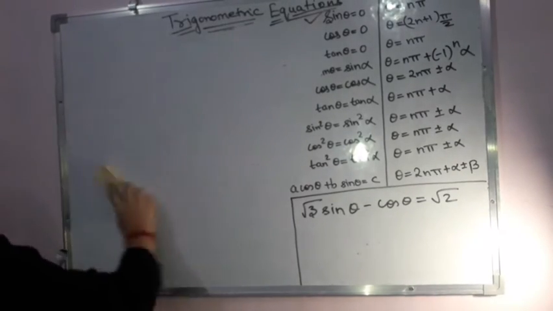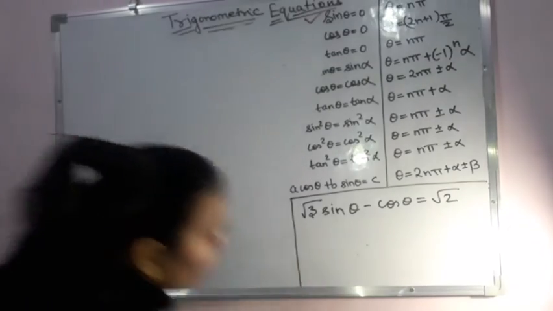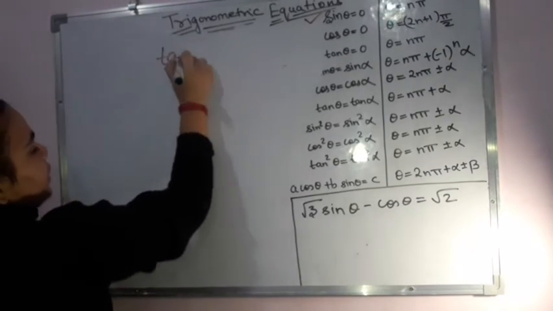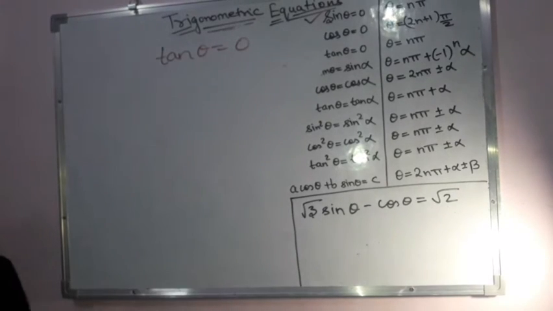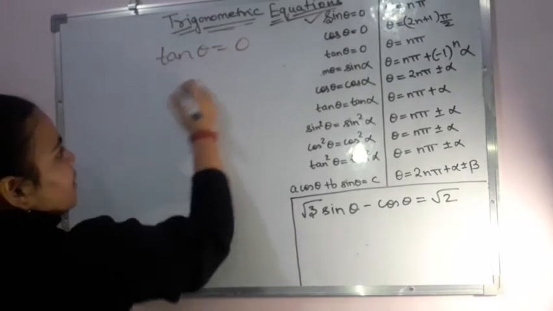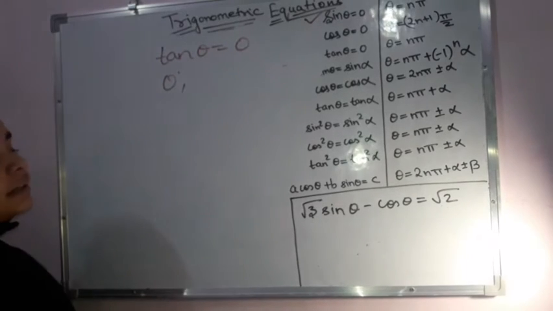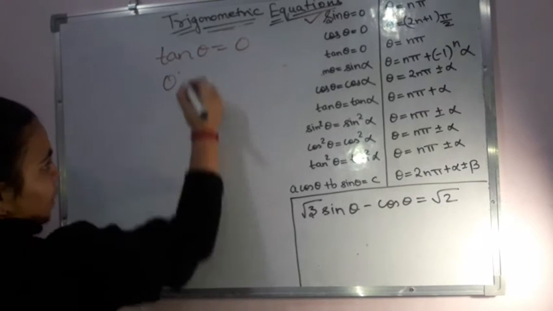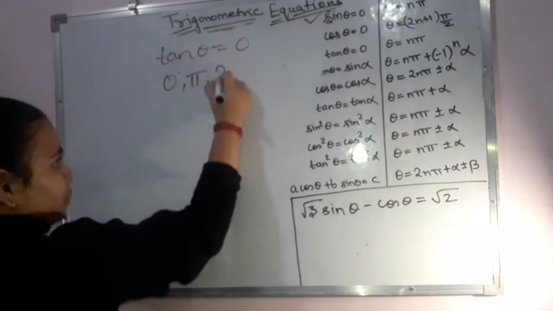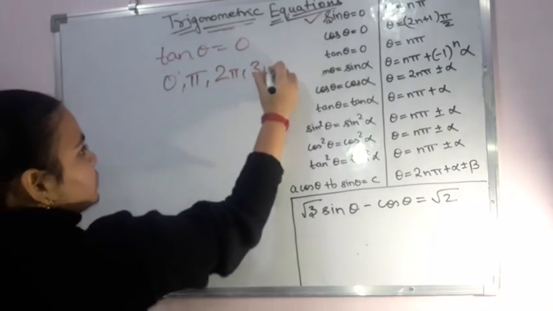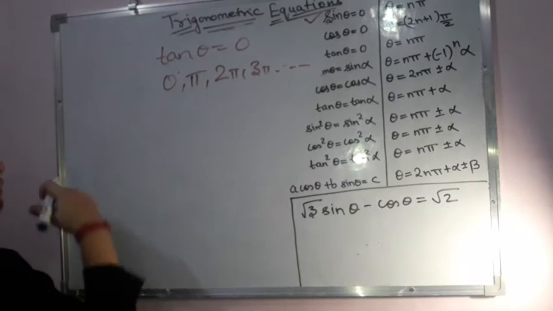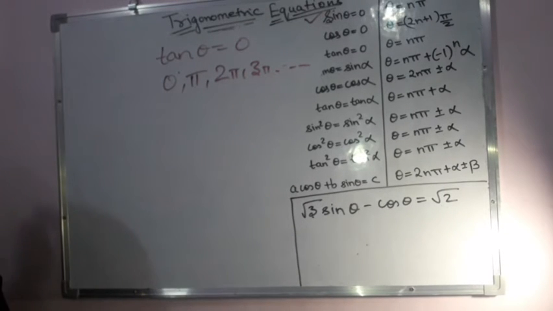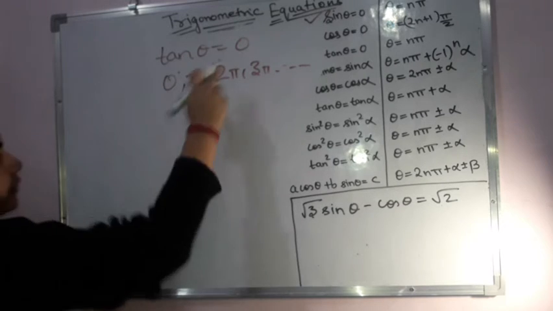Basically tan theta is equal to 0 degree. Now what to do when it is tan theta is equal to 0 degree? I know tan 0 is 0, right? So tan theta is equal to 0 at 0 degree. Then it is at pi, that is 180 degree. Then it is at 2 pi, it is at 3 pi, and so on. If you want you can see also, and so will be the case with negative values. That means it is the same as was there for sin theta. So is the case with tan theta also.